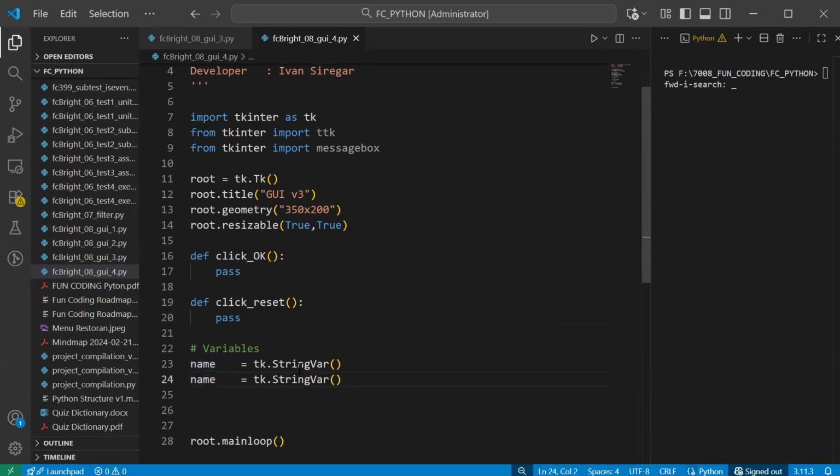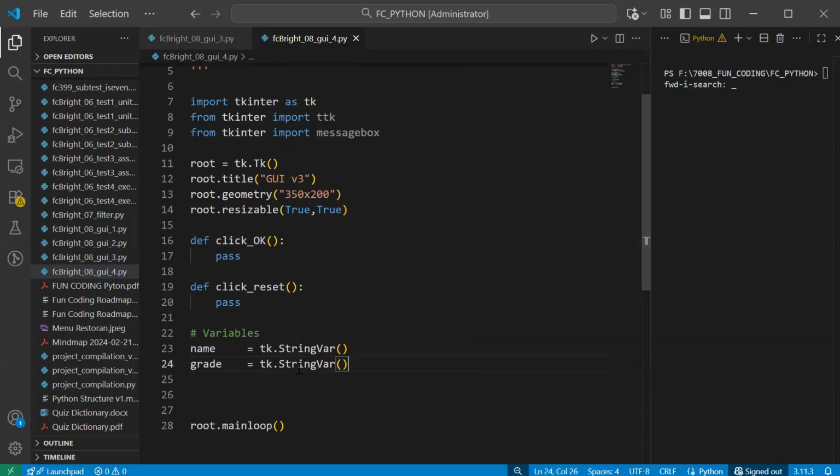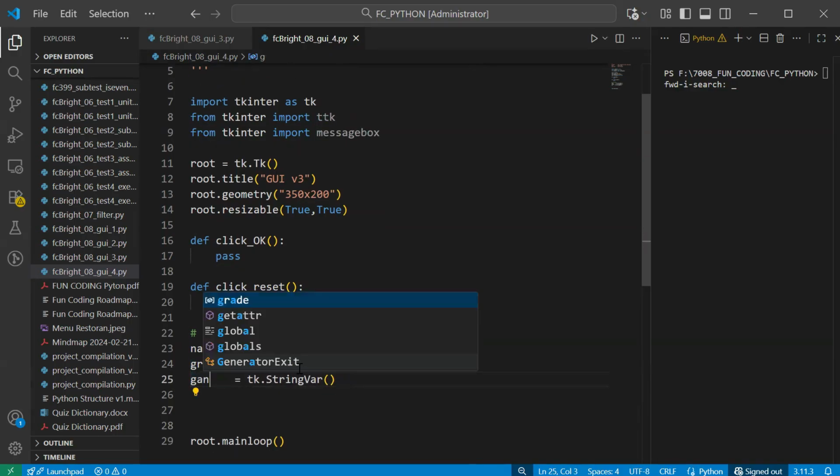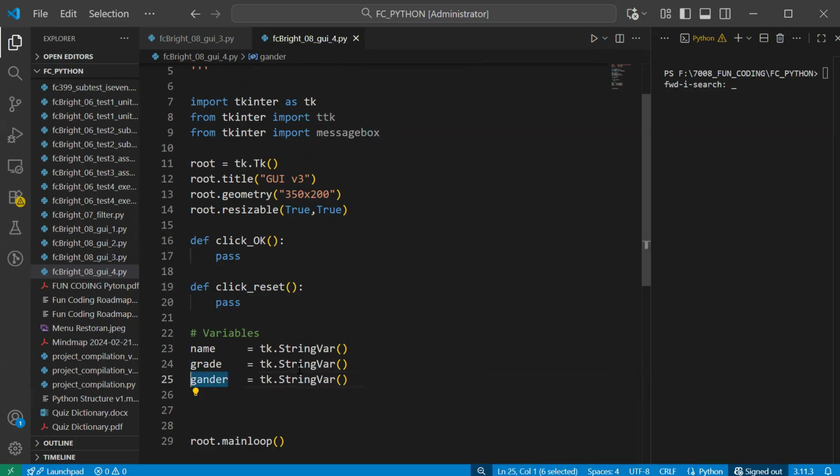Then the class or grade, which is also a string var. And also, let's say we have the gender. This is information about the person, but the gender is better not a string, but should be an integer. Okay, int, because 0 and 1, like that.